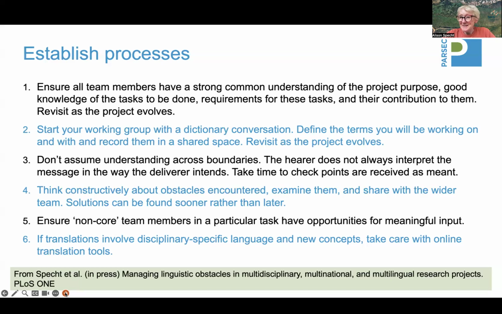That isn't what we meant. So do make sure the meaning of your terms are understood. That brings me to number 3. The best thing is to not assume understanding across boundaries. The dictionary conversation is good for fundamental work that you're doing: conservation, preservation, data analysis, genomic analysis, all those sorts